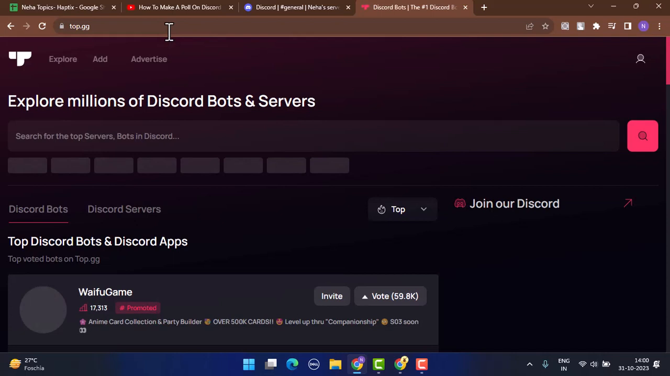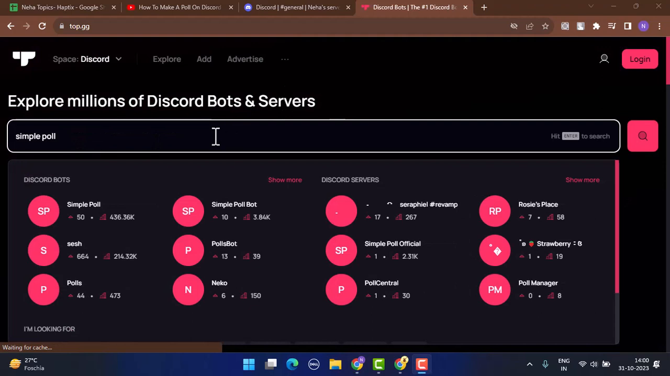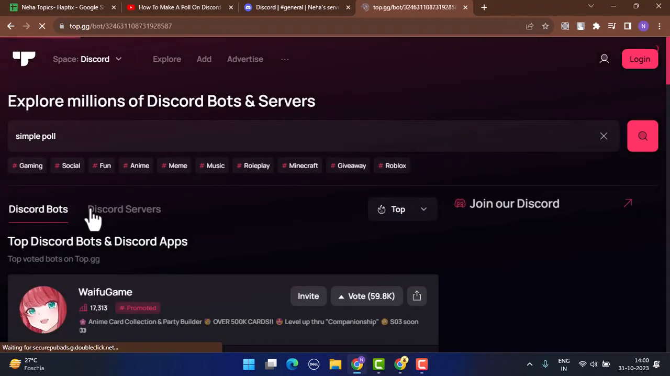Here you can go ahead and select a bot. What you need to do is, you can see right on top the URL bar. Here you need to type in simple poll. After that you'll be able to find a lot of results. So just tap the first one or whichever feels convenient for you. Once the page loads,